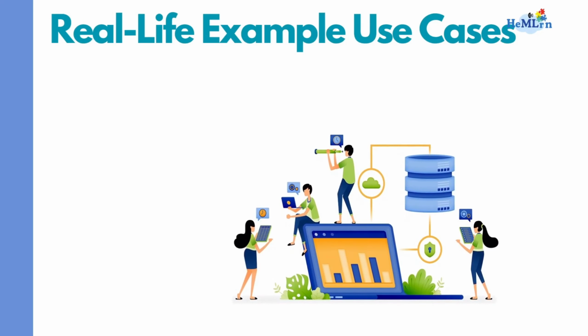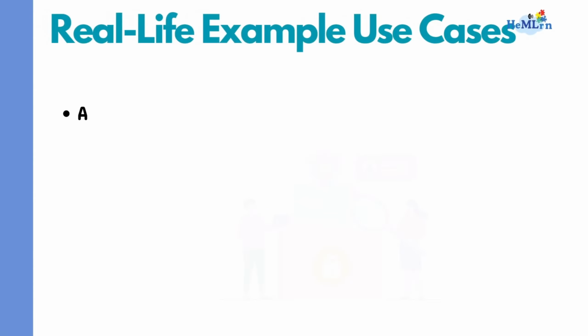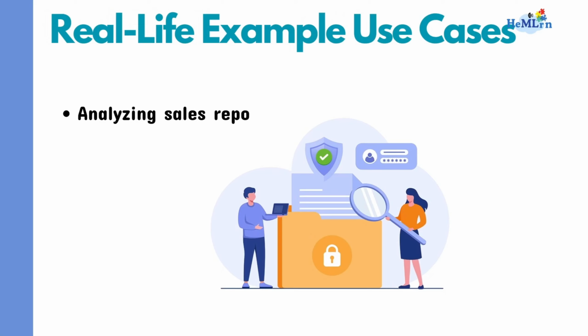Next, real life examples. First one, cleaning messy survey data. Suppose we want to take a survey of people. In a country there are lots of people, and we want to survey the data. In the surveyed data there could be a missing phone number or address or initials of a person, or date of birth of a person. So we want to clean this data to create structured data for feeding to a model.